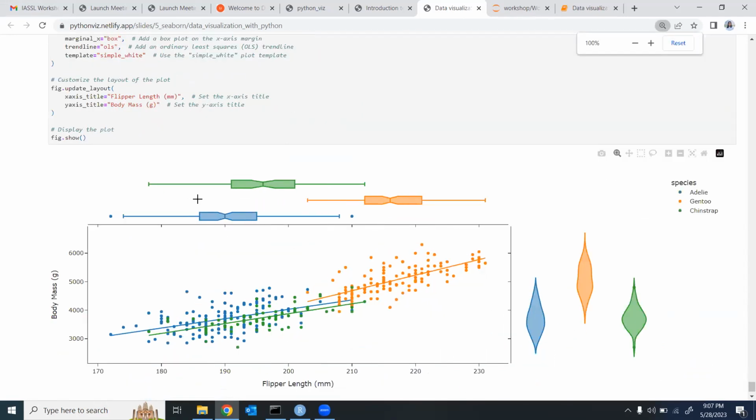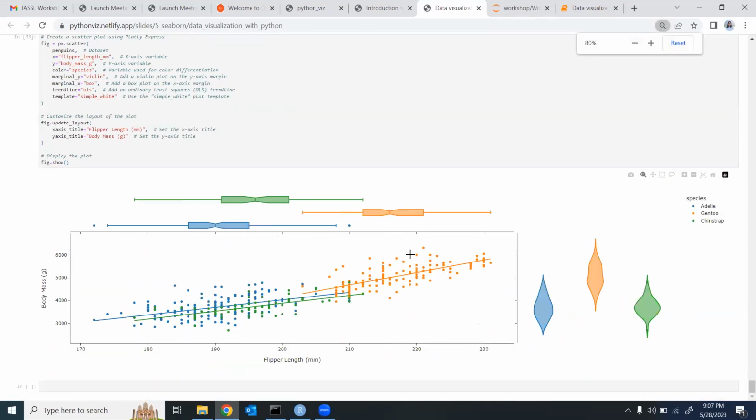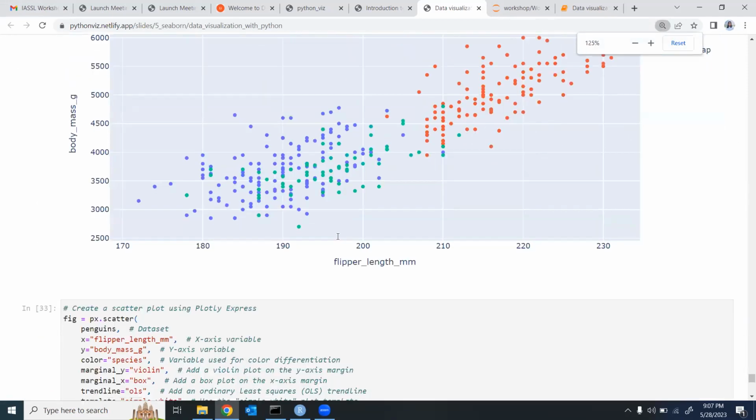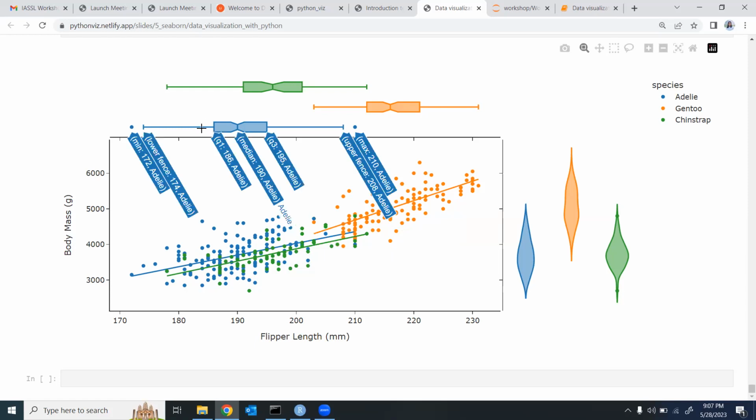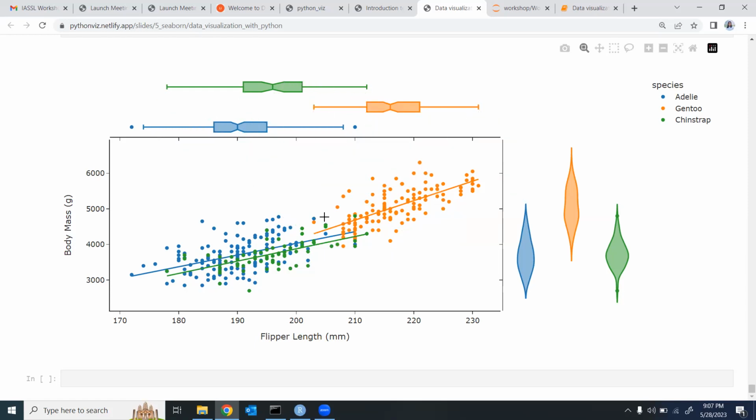So if you want to get this type of data visualization, let me first explain the visual representation. Here I have drawn a scatter plot between flipper length and body mass. And then here you can see the regression lines for these subsets. In addition to that, I would like to investigate the univariate distributions. This now allows me to see the distribution of the flipper lengths for each of these categories, Adelie and Gentoo